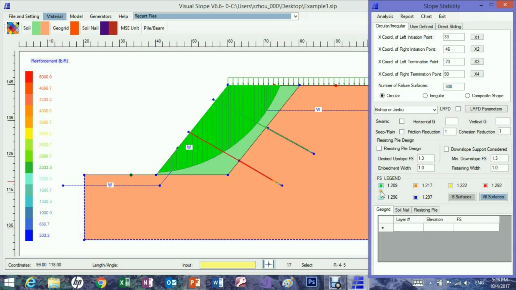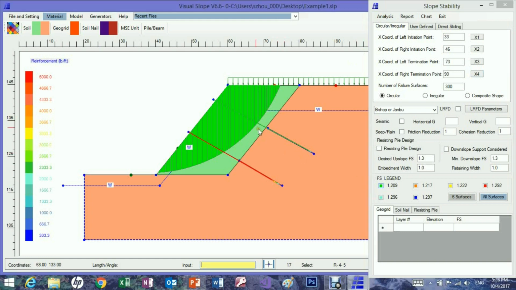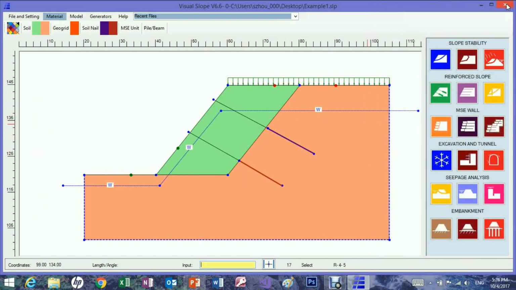Now the factor of safety is 1.2 after 2 nails were put in. So this tells us how to run a slope stability analysis with soil nails. And let's do something further. We can delete the nails,